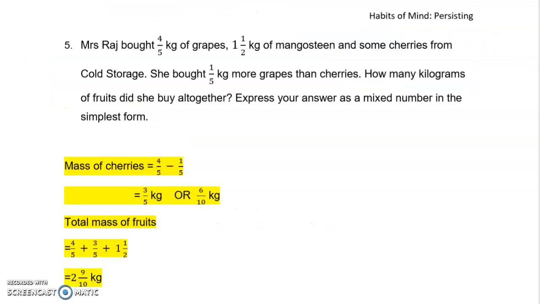This is question 5. Mrs. Raj bought 4 out of 5 kg of grapes, 1.5 kg of mangosteen, and some cherries from cold storage. She bought 1 out of 5 more grapes than cherries. How many kilograms of fruits did she buy altogether? Now express